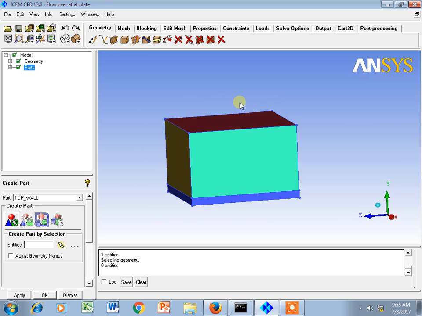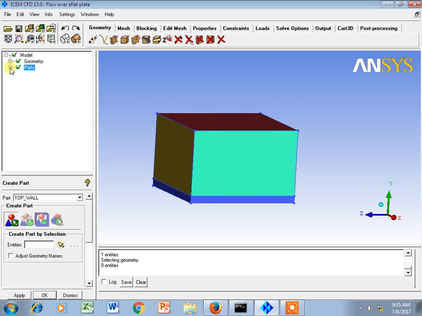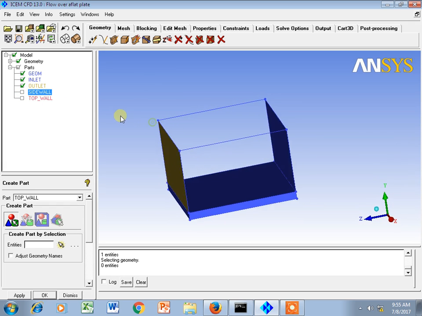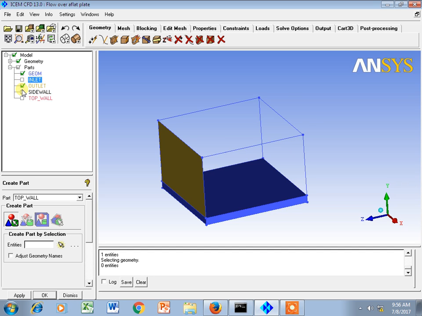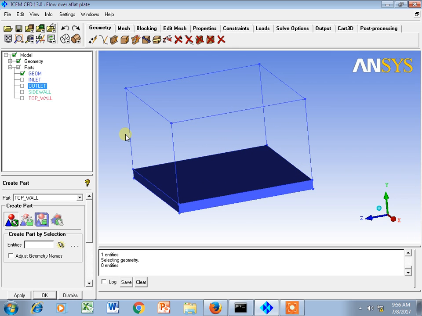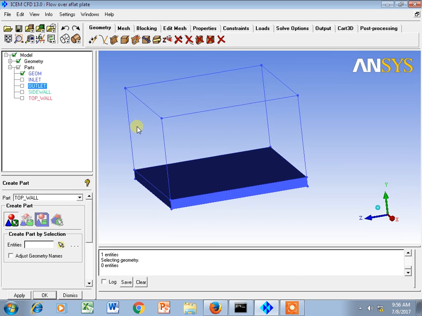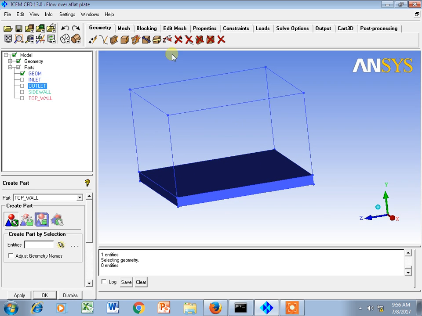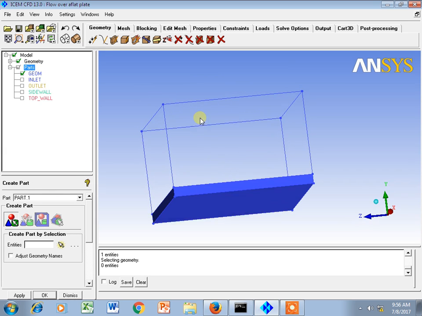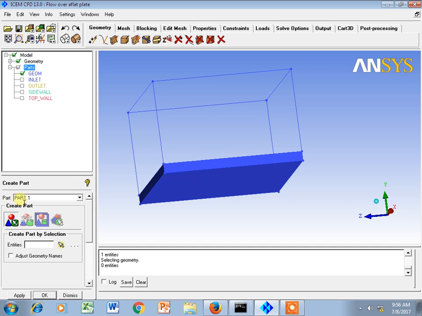So if you click solid geometry and go to the parts, then you can see, if I deselect this top side, it is inlet and outlet, and the remaining is nothing but the plate over which the forced convection heat transfer problem we are going to solve. So for that purpose I need to give a label again to the bottom of the plate, where I will give the heat source. So I can say heat source,